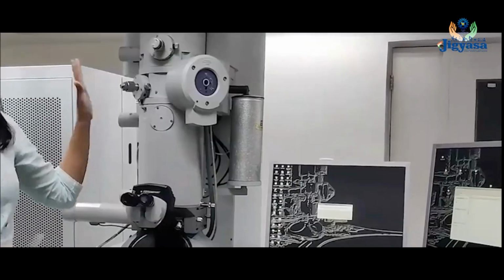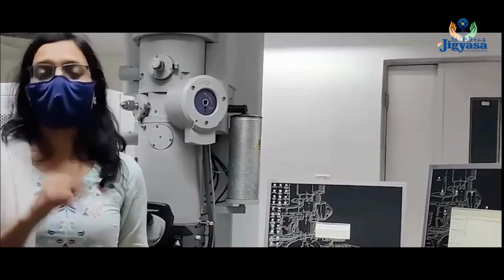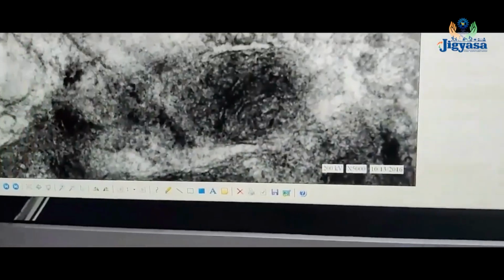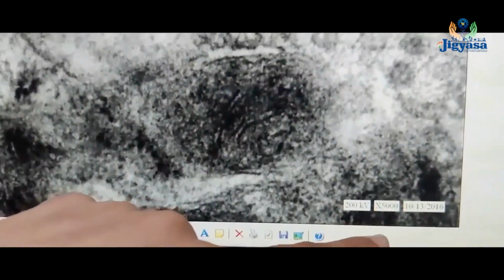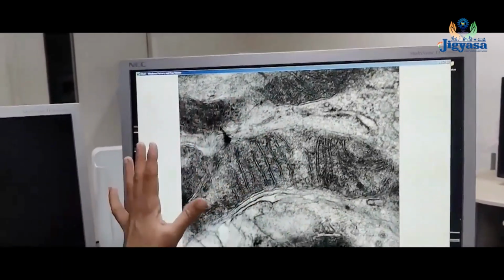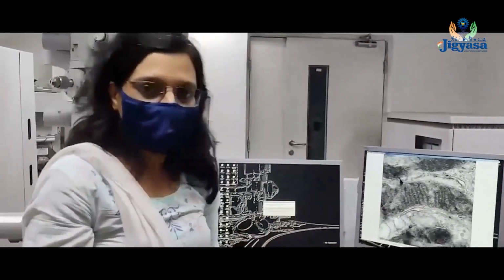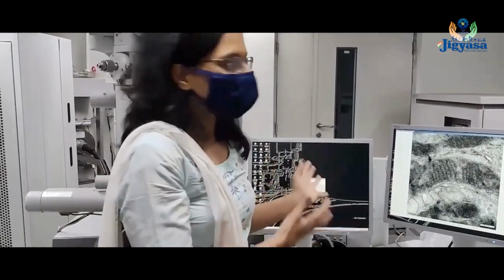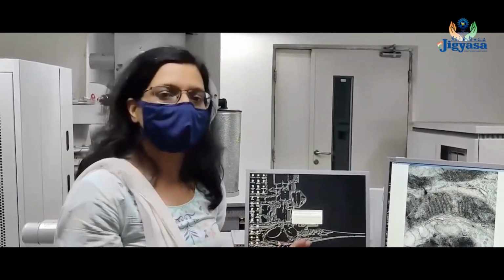This one actually gives you up to 7 lakh x magnification, 700,000 times the original size. The x here is only 5,000. So even at a very small magnification, you can see that even at 5,000x, you are able to see each and every cristae of the mitochondria beautifully. So you don't really need 7 lakh x for everything. For very very small objects like for example viruses, we may need to go up to 7 lakh x. But for most of the routine cell biology stuff that we see, the cells or the mitochondria or the Golgi apparatus, they all can be visualized at less than 5,000.